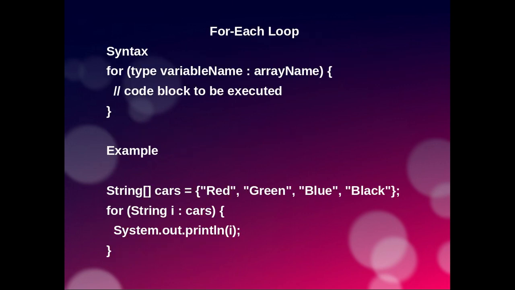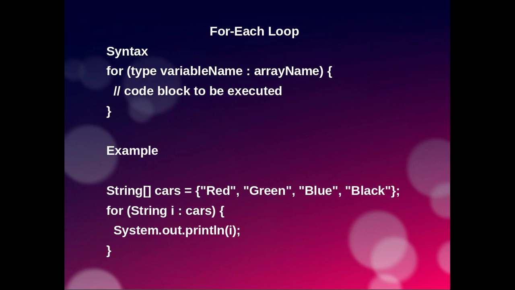The next variation of the for loop is the for each loop. The for each loop is a newer version of the for loop. Basically it is used for iteration through an array. We declare the array and we want to move from one element to another element using the for each loop. The syntax is for, we specify the type variable, colon, array name. The type variable name is an index variable or control variable for the loop. Then we specify the name of the array, and then an opening brace and closing brace,